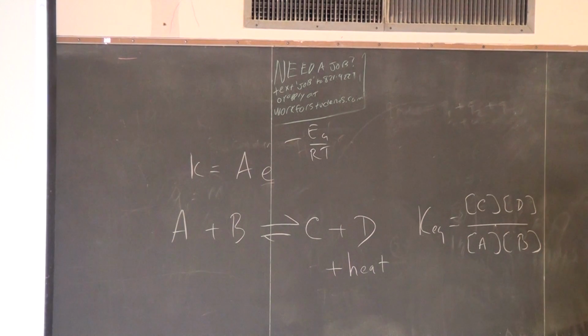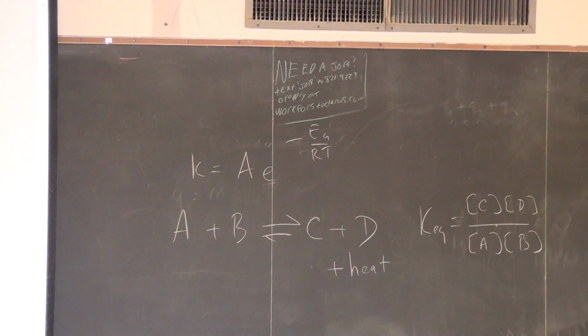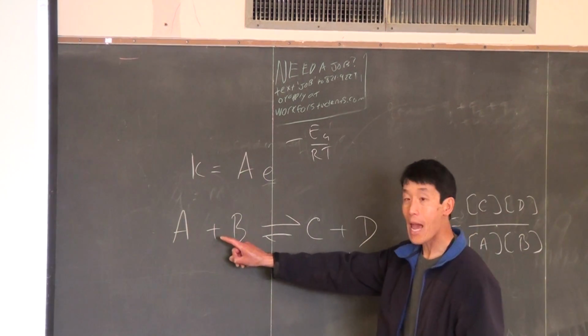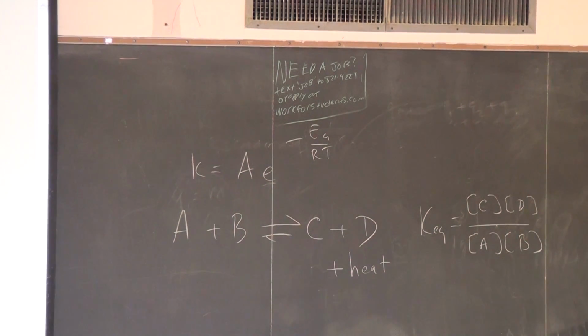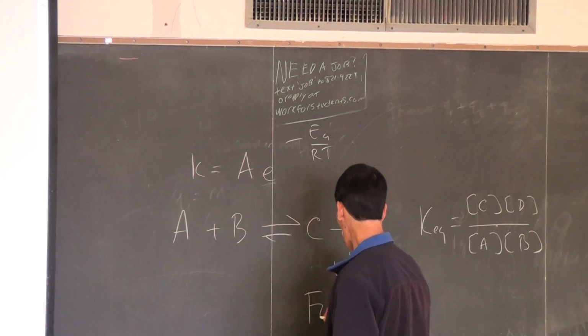If you increase the temperature of this reaction, in which direction does the reaction shift? Toward the reactant side. So if you increase the temperature and you get more reactants, how is that going to change KEQ? Okay, so for an exothermic reaction,